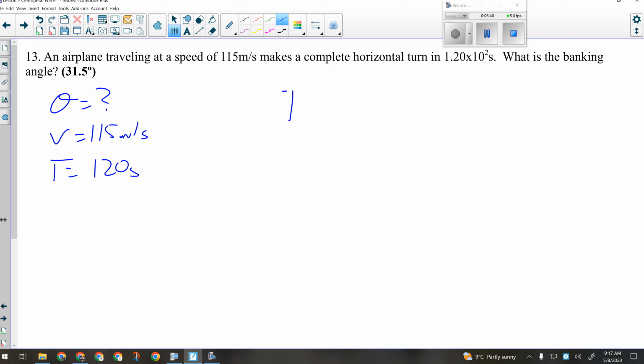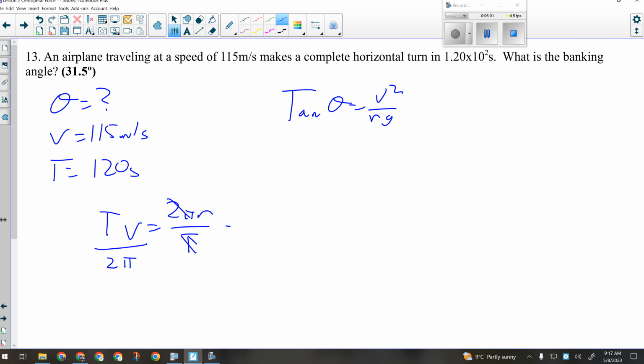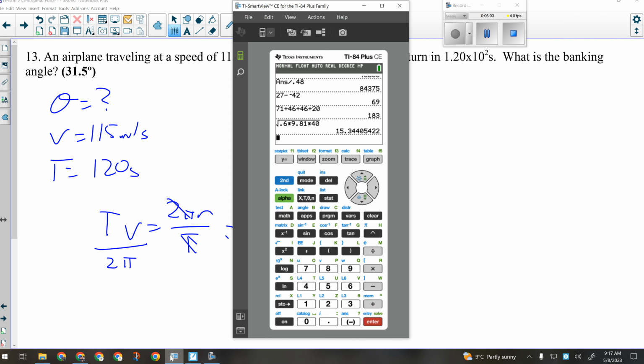If I'm going to use this formula here, tan of theta equals v squared over r times g, I have to have r. So I'm going to use this formula here, v equals 2 pi r over T, to get r, because I have v and T. I'm going to multiply both sides by T, and divide both sides by 2 pi, and that will give me r. So we'll have 120 times 115, divided by 2 pi, which does need to be in brackets so that it does it in the right order. Now I've got my radius,